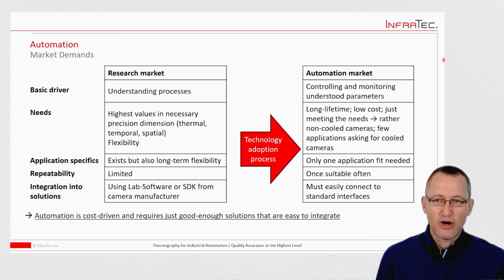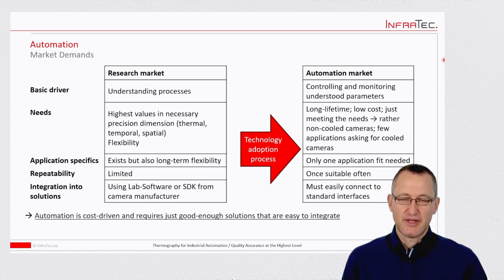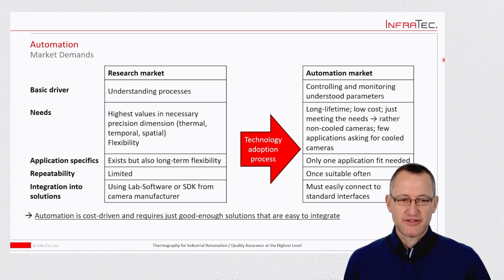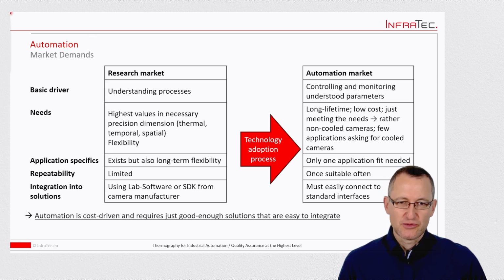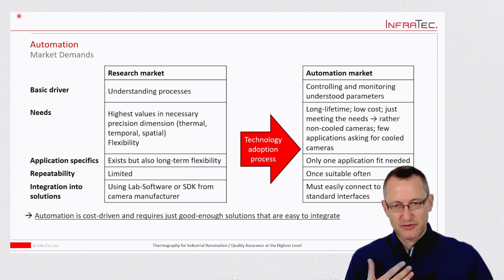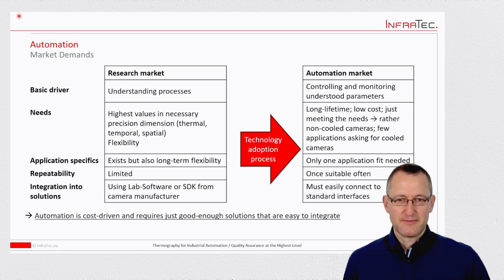So let's move on in terms of the demands for automation versus the research market. We are covering both markets. Let's start on the left side with the research market. In the research market, the basic driver is to understand the processes. The needs are, it requires the highest precision in terms of thermal, temporal, and spatial. It requires flexibility because it's really an approach to understand